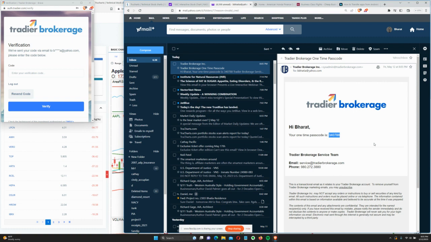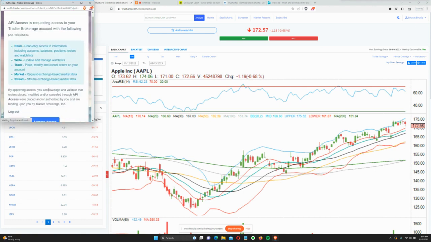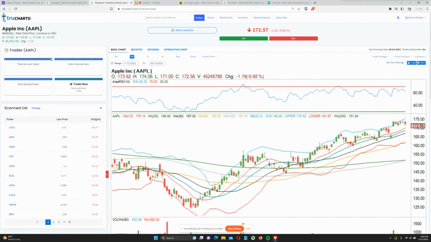Excuse me, I'm sorry about that. Control C. Control V. Verify, and I'll say approve access, and you'll see that will pop up the account values, and you